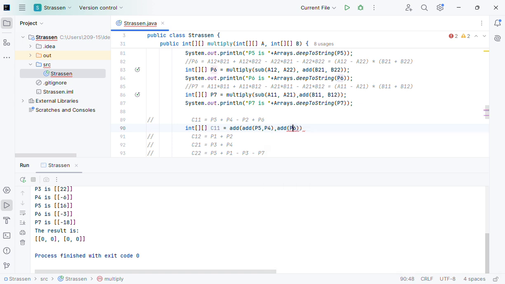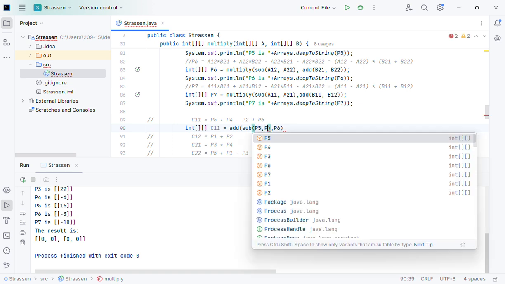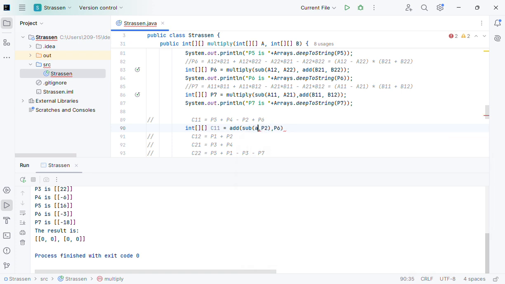Here I can put P6. No, here I just put P6. Here I put subtraction, and here I can put P4, P2, and here I can put addition, and here P5, P4. Okay, do you understand? And then I can system out. I have to receive 7, so